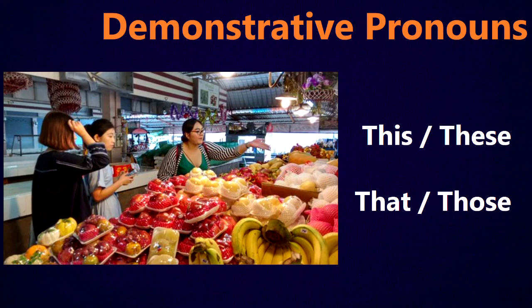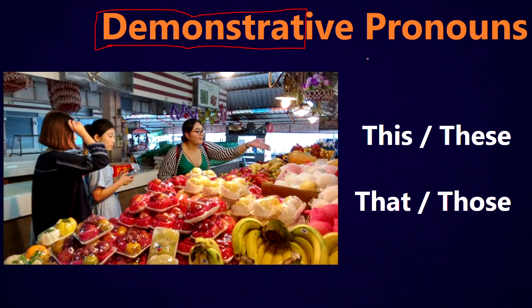So the next group we're going to look at are called demonstrative pronouns. So demonstrative comes from this verb to demonstrate. So to demonstrate means to show something. Like if you look here in the picture, the woman is pointing at some fruits at a market, which you probably already know, but this is how they point in East Asia. I don't know if this is how they point in your culture as well. Like if you went to Korea or Japan and you pointed with your finger, it would be considered rude. So they point with their hand open like this. Anyway,